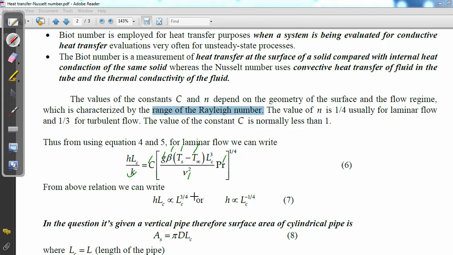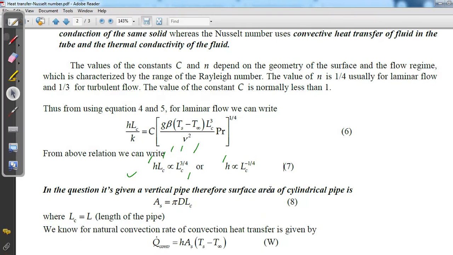that h is directly proportional to Lc to the power 3 by 4. Now Lc will come on this side in division form. So it will be 3 by 4 minus 1 when it goes upside, so it will come 3 minus 4 divided by 4, or minus 1 by 4. So here we got one relation, that is the convective heat transfer coefficient is directly proportional to